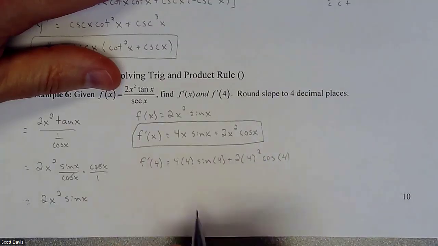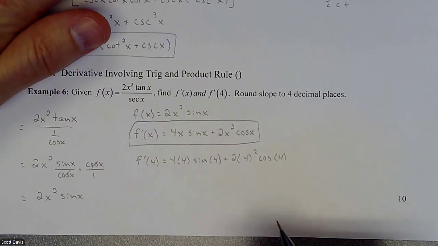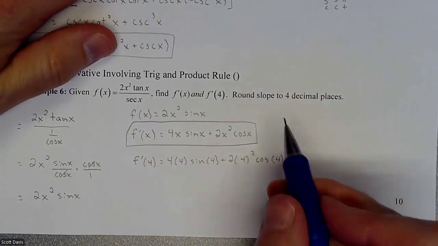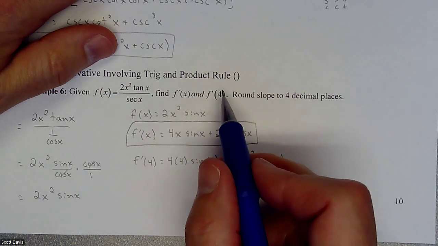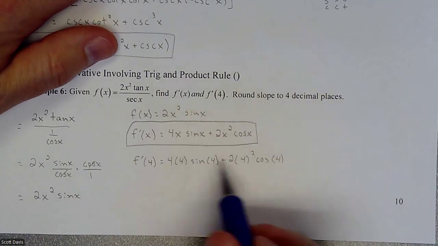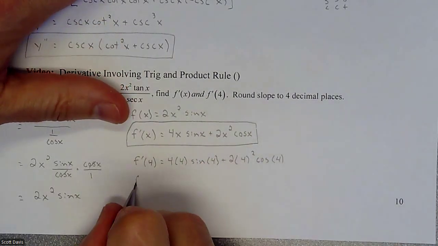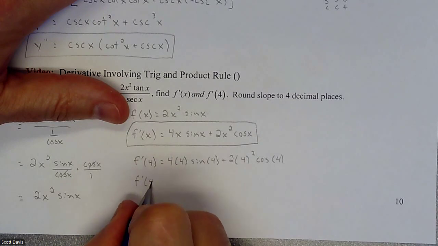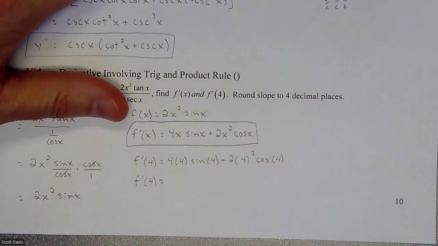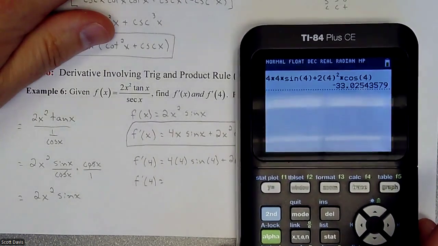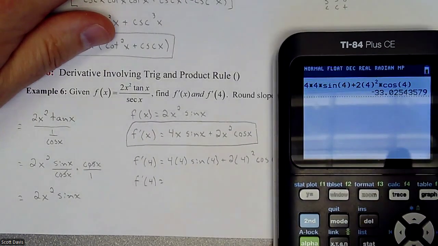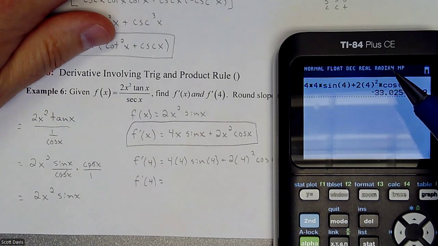All right, so 4 is not any kind of an angle that's very nice at all. It doesn't have a degree symbol on it, so make sure you're in radians. And then we're just going to throw that into the calculator, round it appropriately, and see what we get. So I already set it up and plugged that into the calculator. I made sure I was in radians, and I have my 4, my 4, my 4, and my 4 all plugged in,